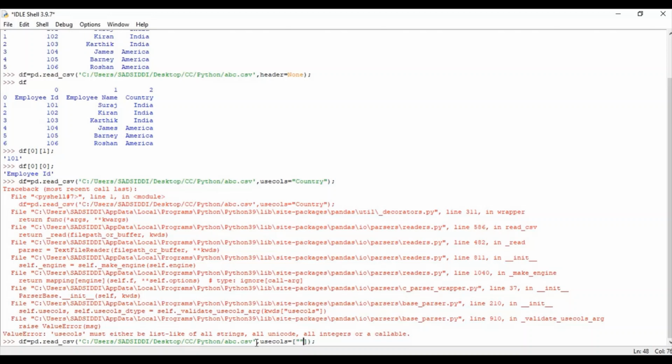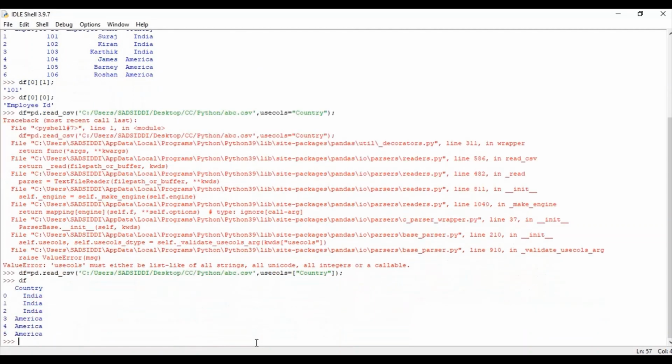So now only the country column will be provided. See, I'm creating the data frame again and again. So df is equal to this, whatever the path of the file is, and if I write usecols and write country over here, only those columns will be added in this data frame.